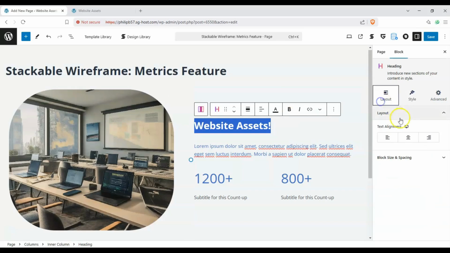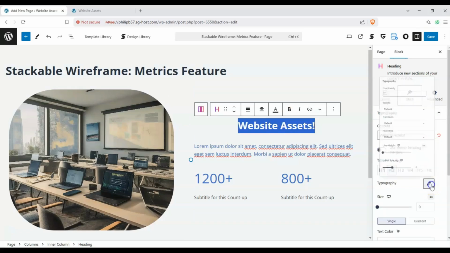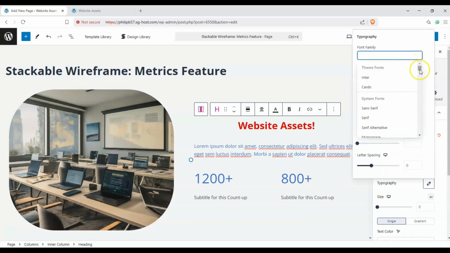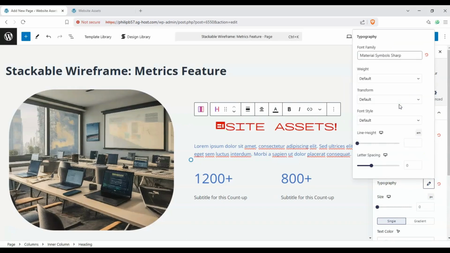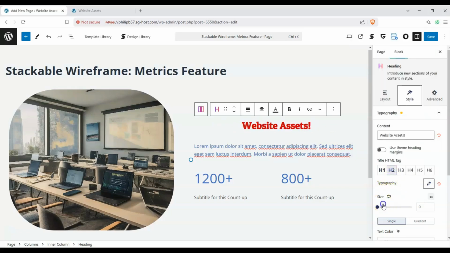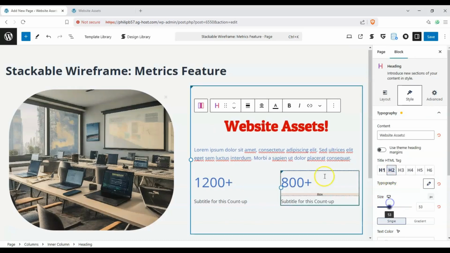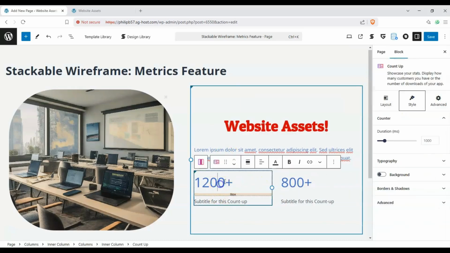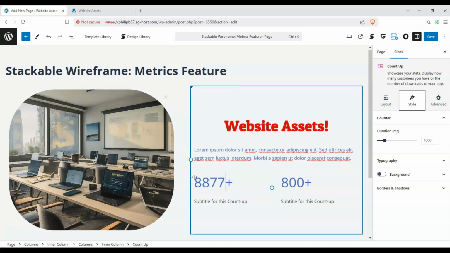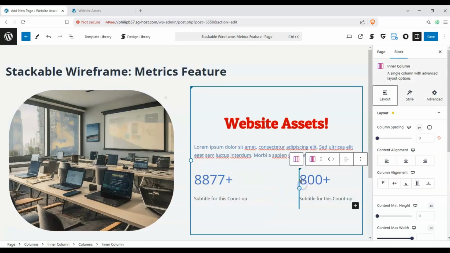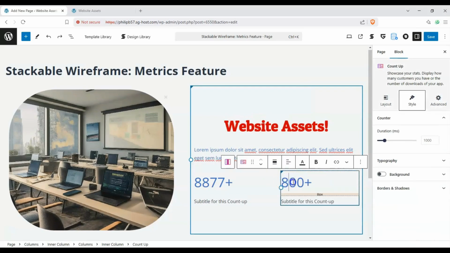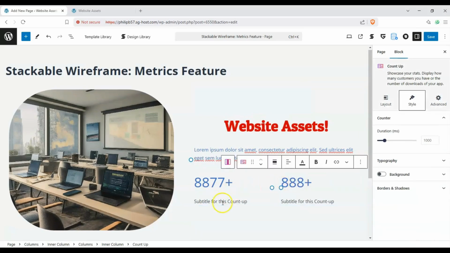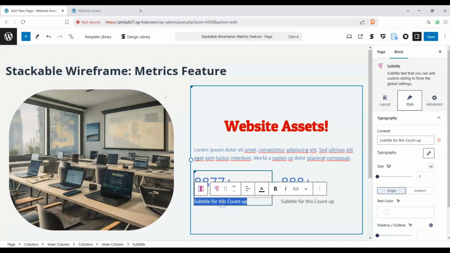And let's go ahead and change the layout for this to center it. And typography, let's go ahead and choose a different one, okay, and then we can make it a bit bigger. And then we have count ups over here. This text here, I'll just keep as is. And for our count ups, we'll use this to